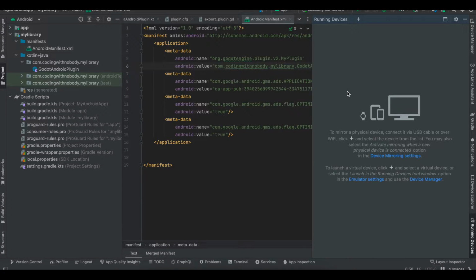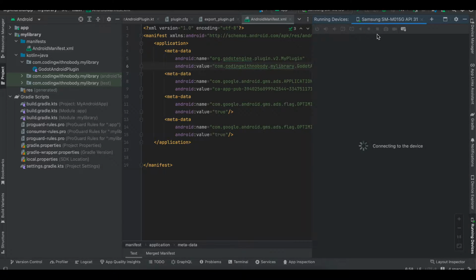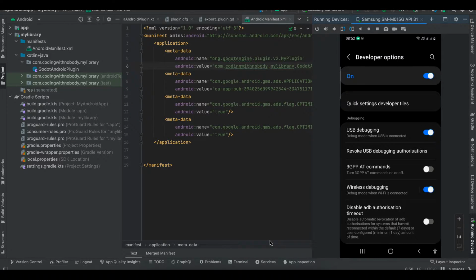So it takes some time to load, and I want to show you a callback which I'm giving from the Android plugin to my Godot game, saying that okay, the ad has been loaded, and now you can show that particular ad. So I'll just connect my Samsung device, and I think it should take some time to